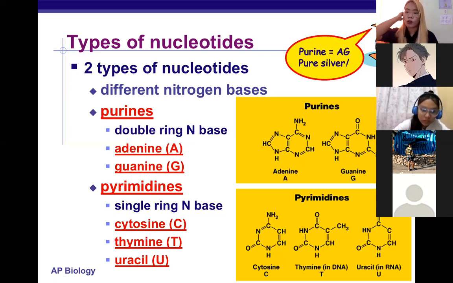Okay? So, sa purines, dalawa lang yan. It's actually adenine and guanine. Pero pagdating sa pyrimidines, we have 3, 2 per nucleic acid. So for DNA, meron siyang cytosine at saka thymine. For RNA, meron siyang cytosine at saka uracil. Okay? So, based on this idea,